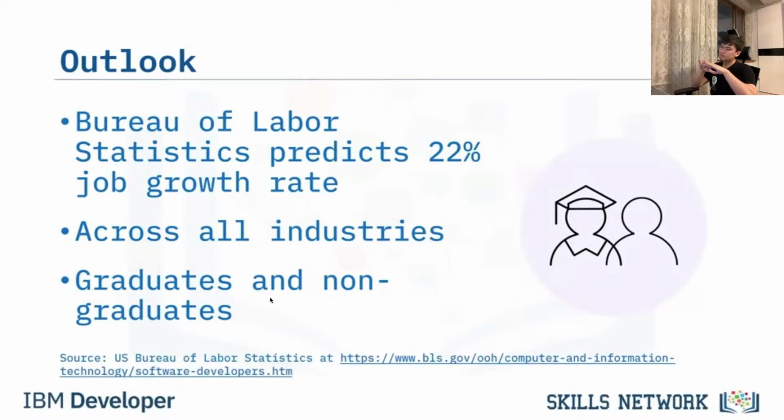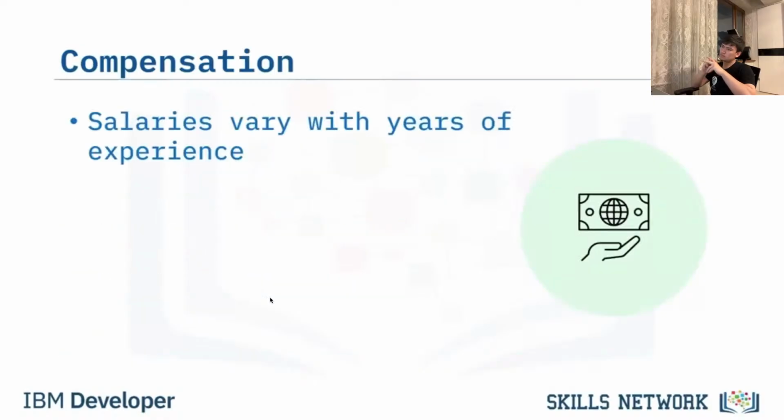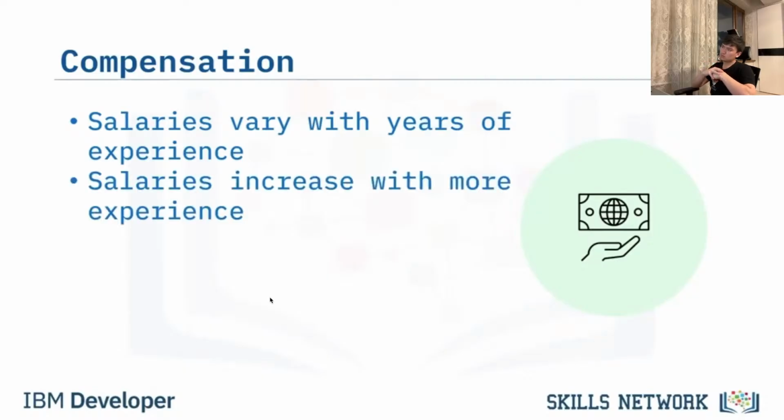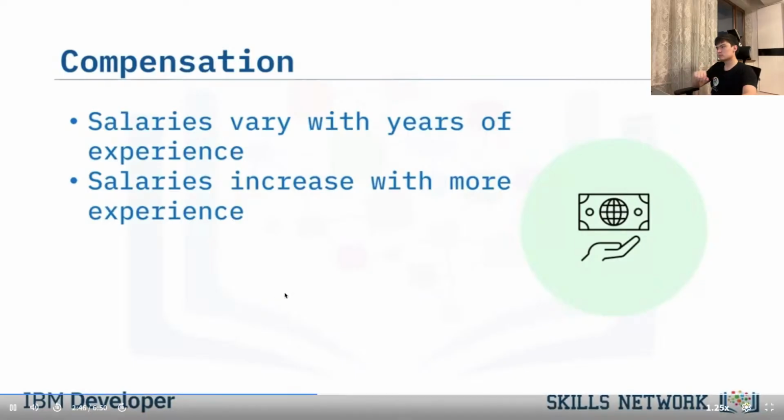However, increasingly, employers like IBM, Google, and Tesla are starting to hire non-graduates who demonstrate the required skills for the role. This opens software engineering up to a wider range of society, ensuring that the cost of obtaining a degree doesn't preclude candidates from the industry. Salaries for software engineers vary significantly with years of experience in the field. As you acquire more experience and become harder to replace, employers typically provide higher compensation.